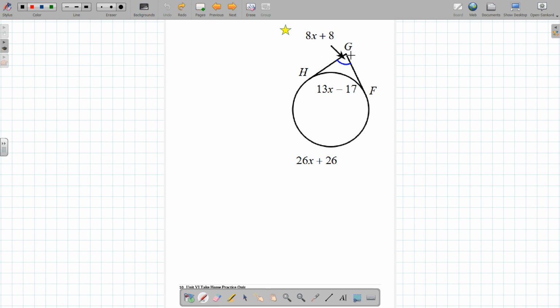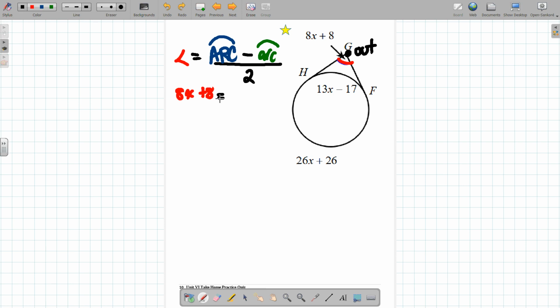All right, this one's also out. So we write our equation, angle equals big arc minus little arc over 2. Let's circle, plug, chug. Our angle is going to be 8x plus 8 equals